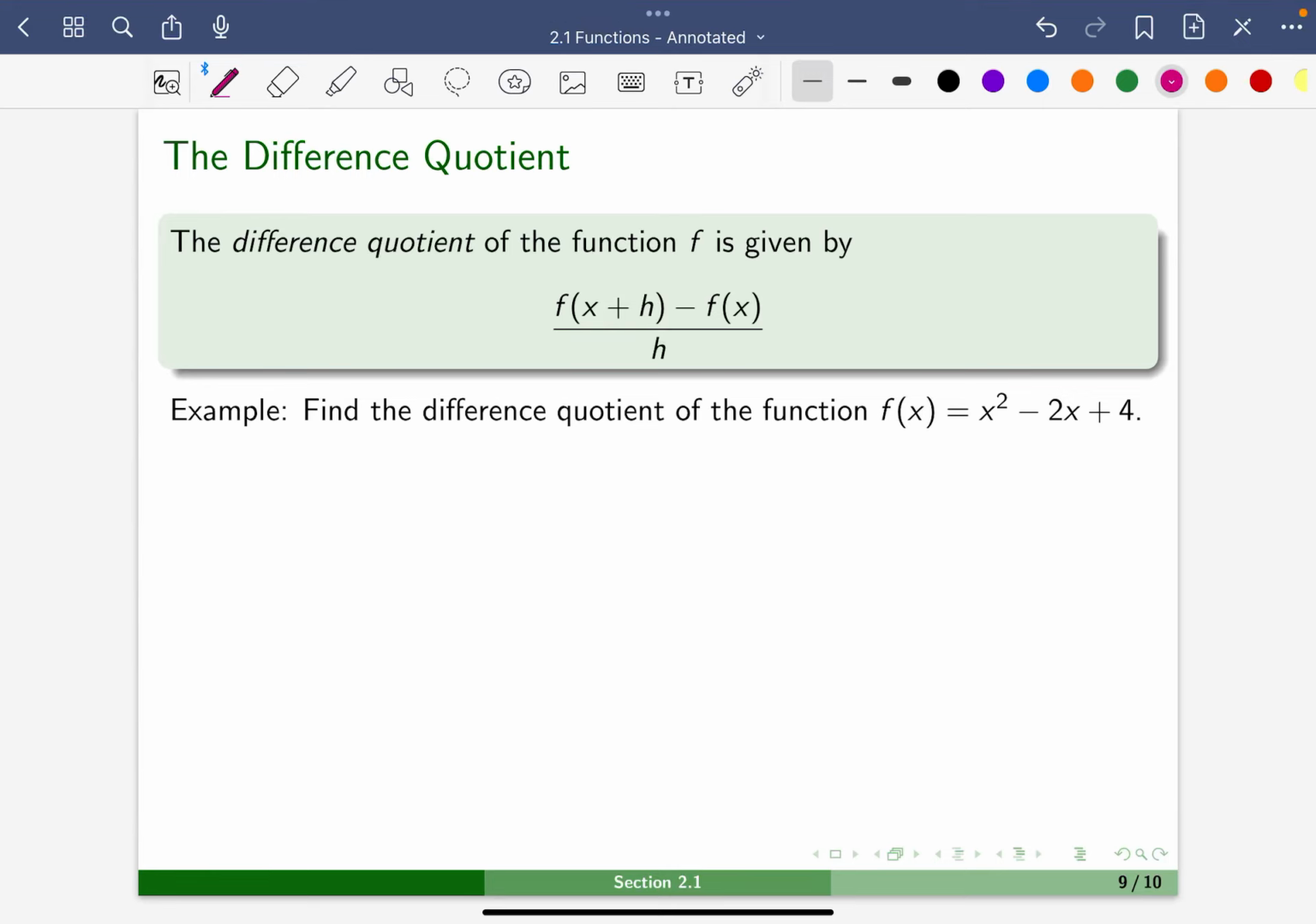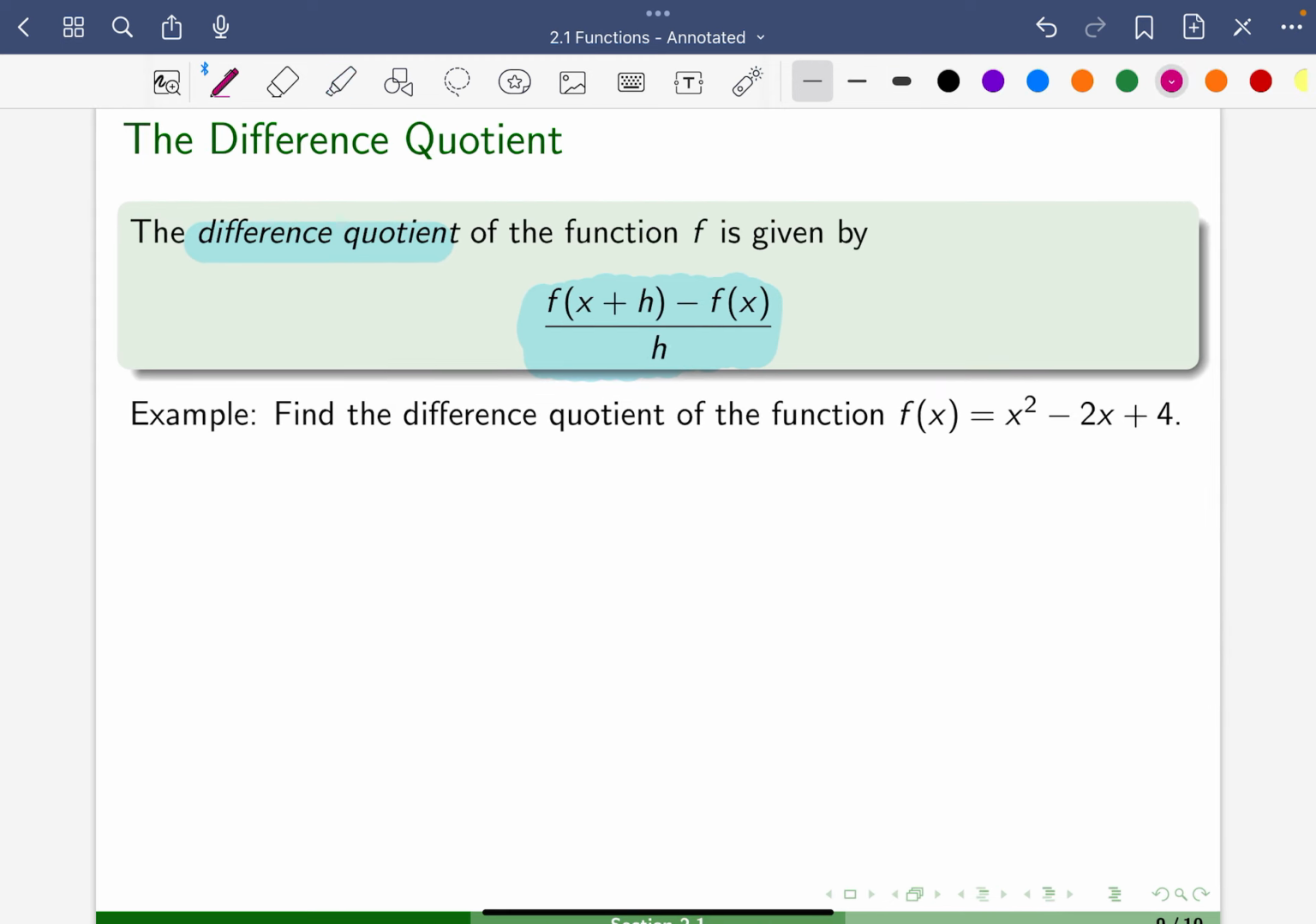In this video, we're going to take a look at the difference quotient and how to find the difference quotient for a function. So what is a difference quotient? The difference quotient of a function f is given by f of x plus h minus f of x over h. Really, this is like the slope between a point x plus h